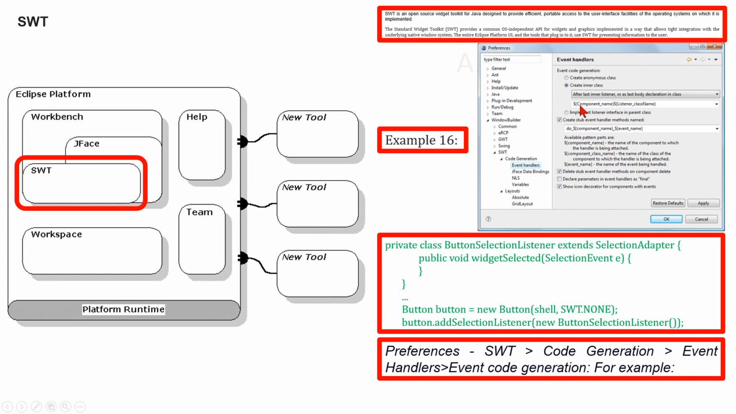into the resulting text. The pattern can include component name, the name of the component to which the handler is being attached, component class name, the name of the class of the component to which the handler is being attached,